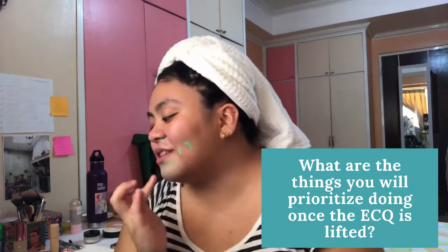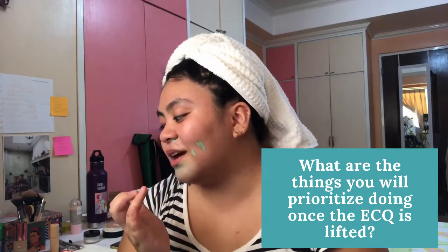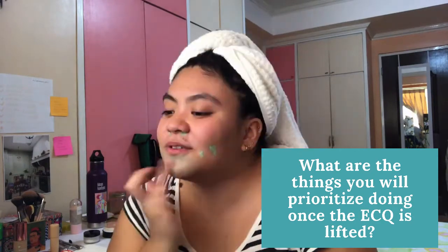Okay, so while I blend this out, I'm gonna answer a question. So I listed it down. It says here, what are the things you will prioritize doing once the ECQ is lifted? What am I gonna prioritize? I was gonna prioritize the board exam, pero to be honest, since na-postpone siya later on sa bandang huli na ng year na to, I'm actually still undecided kung it's either magbo-board exam ba muna ako or magwo-work na lang muna ako, kasi